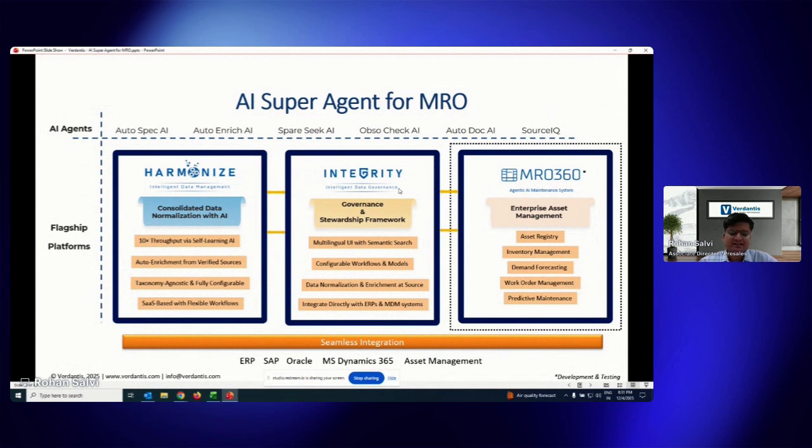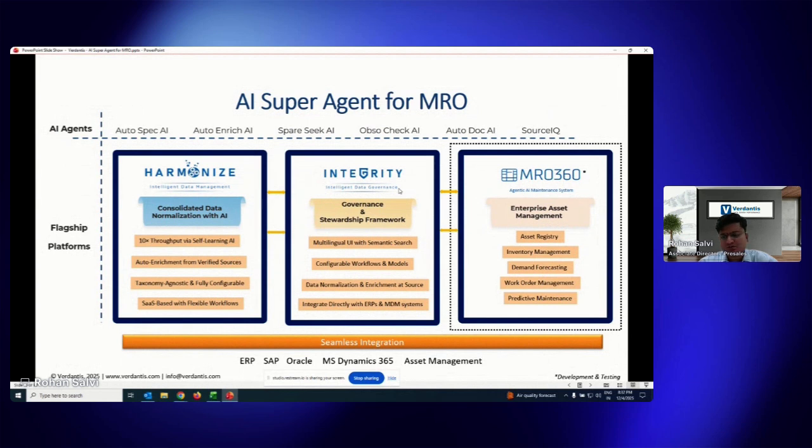On the other hand, Integrity is the ongoing data governance platform, which helps us govern the master data on an ongoing basis. It's a platform where you can have different role-based access setups. Users can access the platform, trigger creation and update requests, and search for master records in the system. While they do so, they can also initiate extension or sharing of records across the organization. There are AI agents that both platforms can call upon through API-based calls, giving the entire solution a very modular framework, where depending on the use case we can have the AI agents implemented.